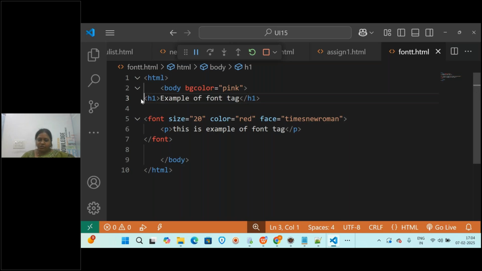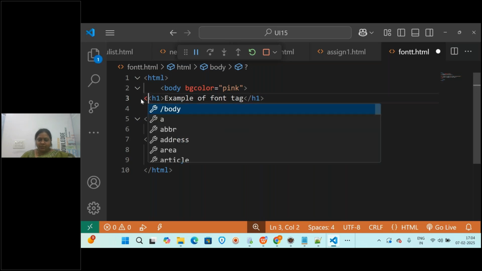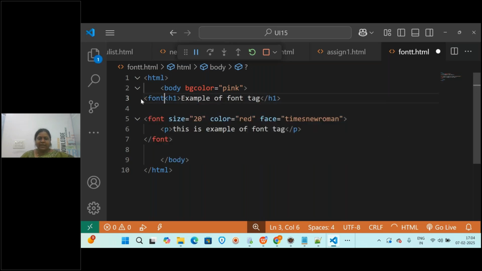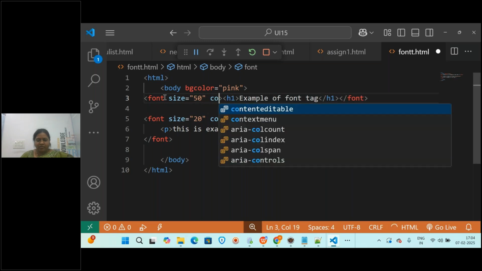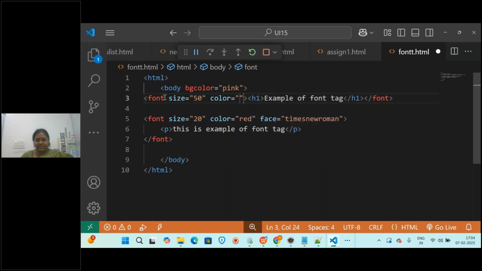For H1 also, if you want some style, then you will be writing font again, and open and close the font tag. Here you will be applying a size equal to 50. And then I'm applying the color, not font face, as green.